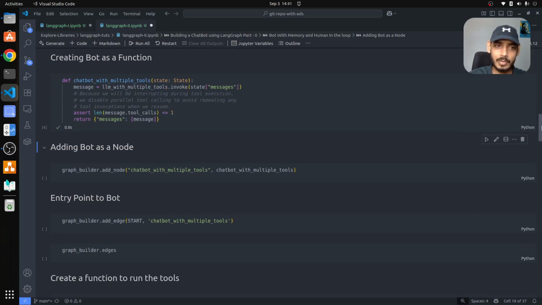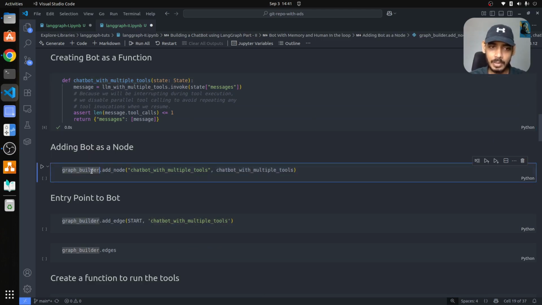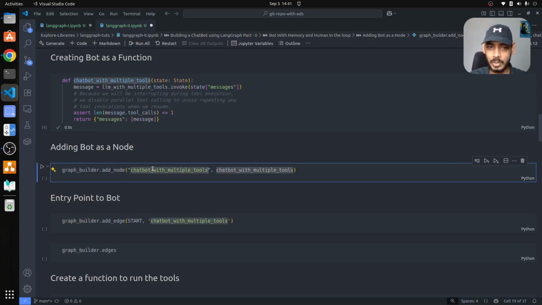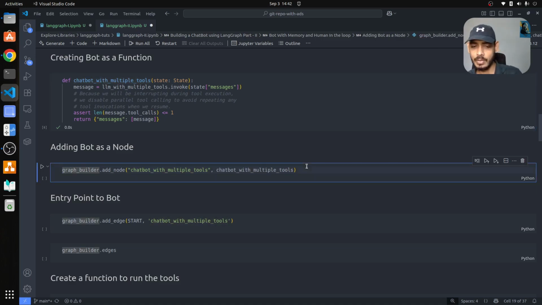So once you have created the function chatbot with multiple tools, you want to add this chatbot to the graph as a node. So what you do is, using the graph builder that we created earlier, just do add_node, and you give the name of the node as chatbot with multiple tools, and this is the function we are referring to. Here we are referring to this specific function. So we have added one